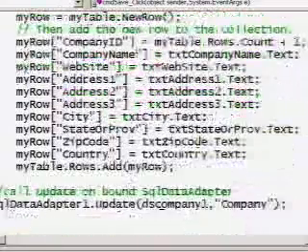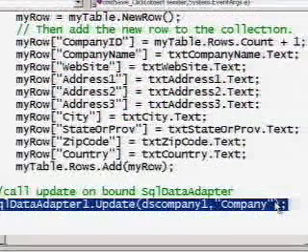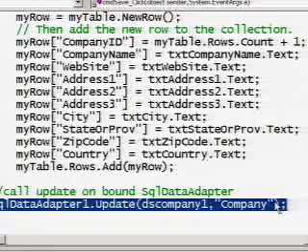Okay. And then the final thing I do is I make a call to the SQL data adapter and say, okay, I'm done with making new or updated calls. Go ahead and update the source with that. I pass in the SQL data adapter, and I use a simple method called update, pass it the data set that contains all my adds, edits, or deletes, and then call the table I want it to apply those changes to, which in this case is company. So that's basically the demo in its nutshell